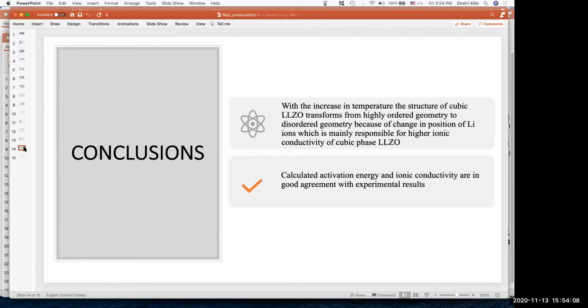So in that calculation, we can say that with the increase of the temperature, the ordered geometry gets more disordered because of the movement of the lithium ion, and it makes more back-end positions for the lithium ion to move on, and that makes the diffusion path to diffuse the lithium ion easily and make it conductive. So if we can make a more scattered lithium arrangement, we can have more diffuse lithium ions, and we can have higher conductivity. So from this project, we find the activation energy from the rate, from the diffusion pathway, and from there we find the ionic conductivity, which is in good agreement with the experimental results published by other